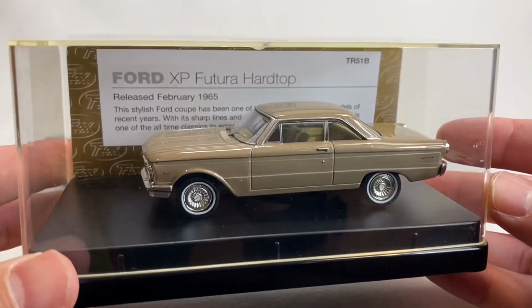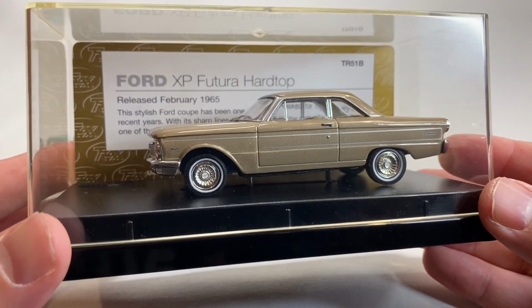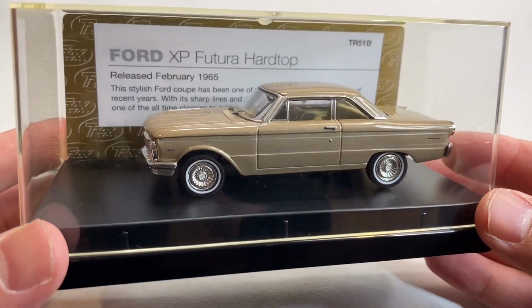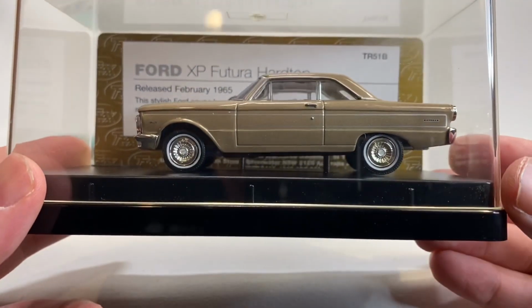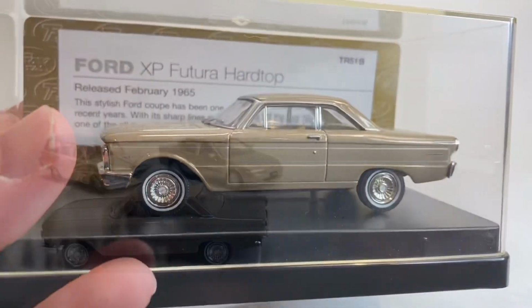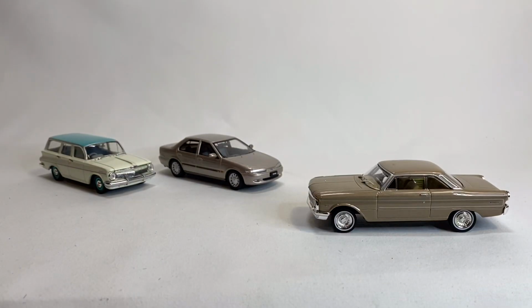Okay, up next is another Futura. Look at this, 1965. One of the most asked for models of recent years. I can see why. Totally cool car. Can't wait to get this one out. Be right back. Okay, here it is. This thing is a brick, weighs a ton. Just wanted to show